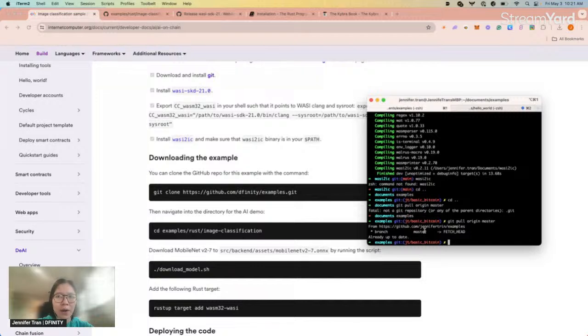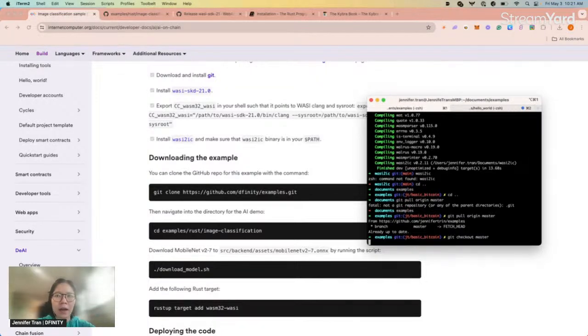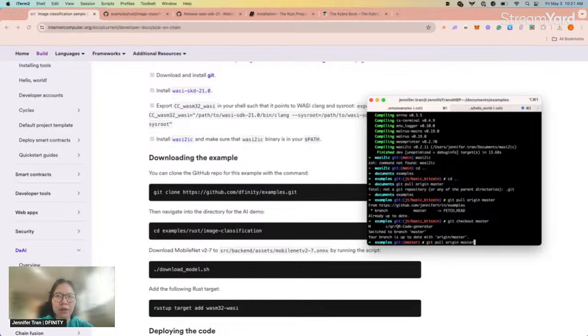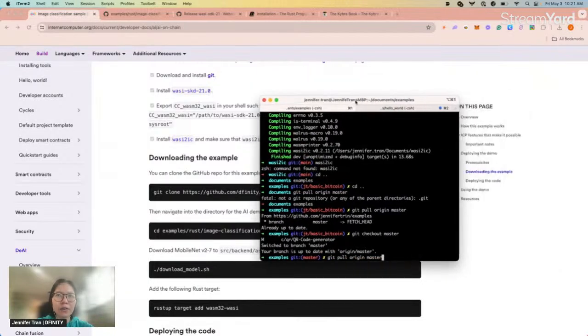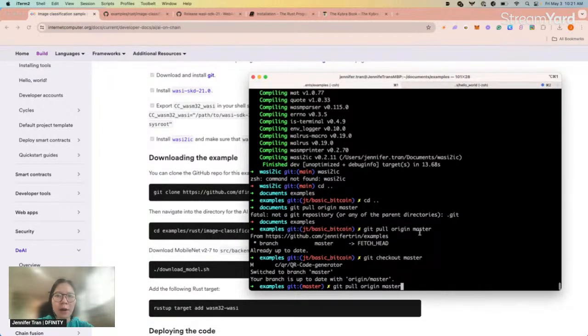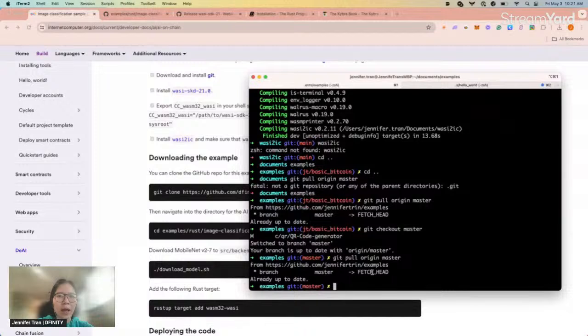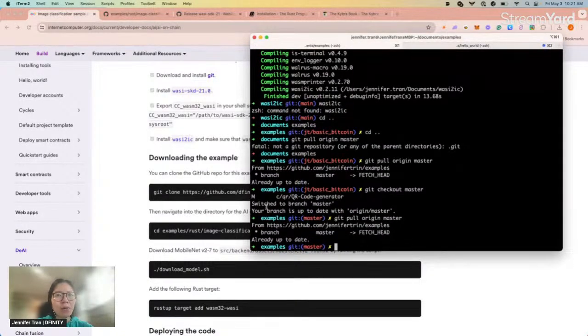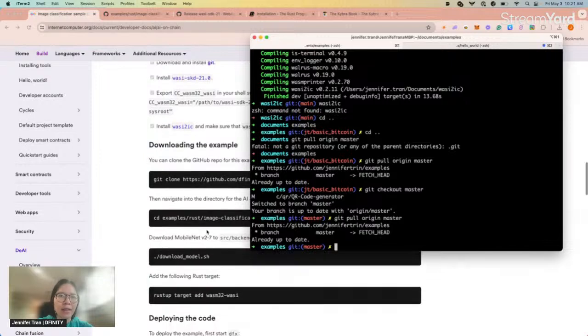But it seems like I already have the latest version here. I'll also make sure that this is a little bit bigger so everyone can see as well. So I'm just gonna pull, and it seems like I do have the latest version of the examples repository, so I should have that Rust